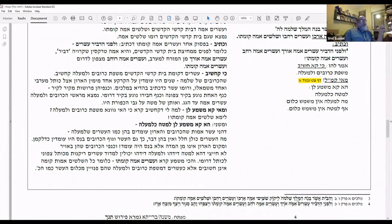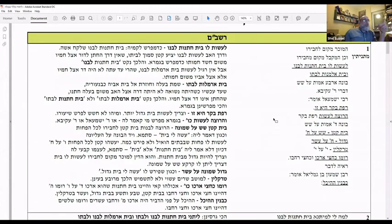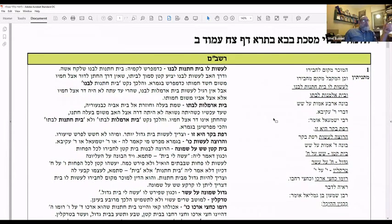So, I'm trying to piece all this together in my own head. So I'm taking you along for the ride. Here, this is the Gemara that I sent you in Baba Batra. Now, I don't know if anybody looked at it, and we're not going to go through the whole sugya up until the third page. Like I told you, I do want to tell you a little bit about the context of the Gemara that we're going to do,